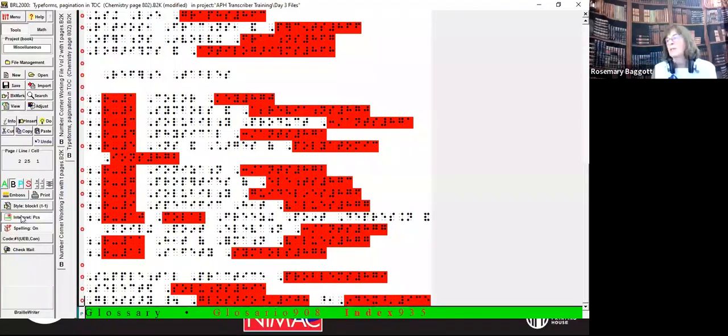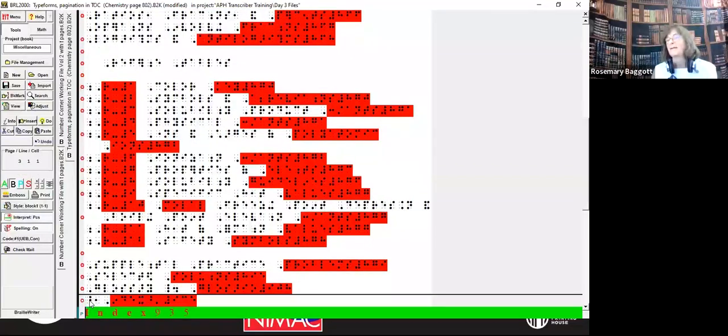And you'll see what happened was that word jumped up to the line. The reason things are jumping up onto the line when I remove the bold type indicator is that Braille 2000 in this case has not entered a page return or line break indicator, called a page return. It shows you how old I am, my typing. So I'm going to have to enter that, hit enter to move it to the next line.